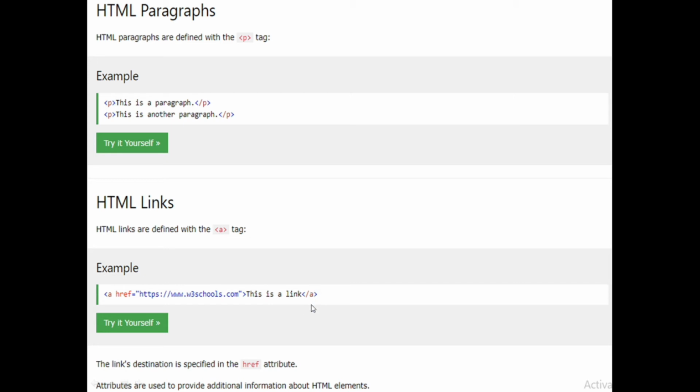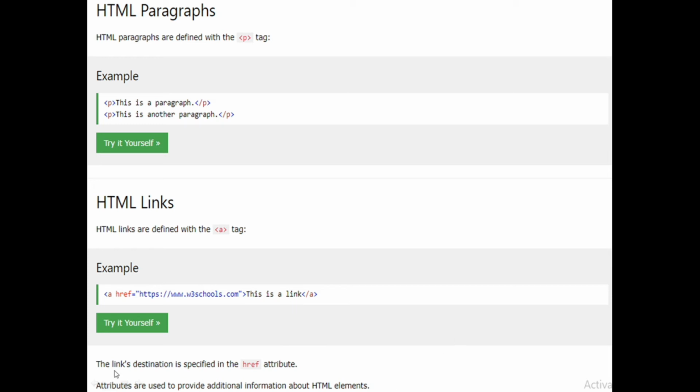Then you close this content. Now what will happen is, this text which is there is a link. It will look like a hyperlink. It will not look like a normal text like a paragraph. It will look like a hyperlink. We'll just see that in the example.